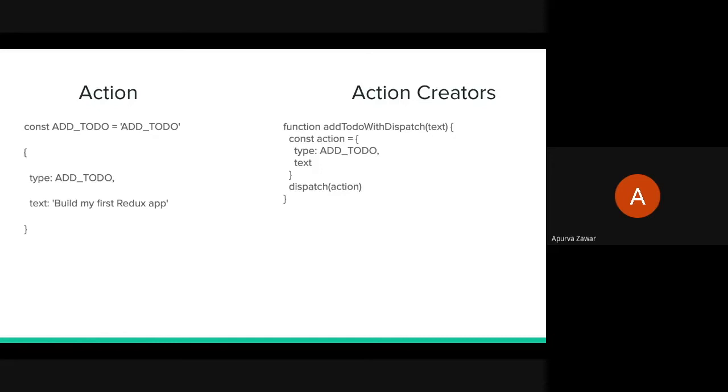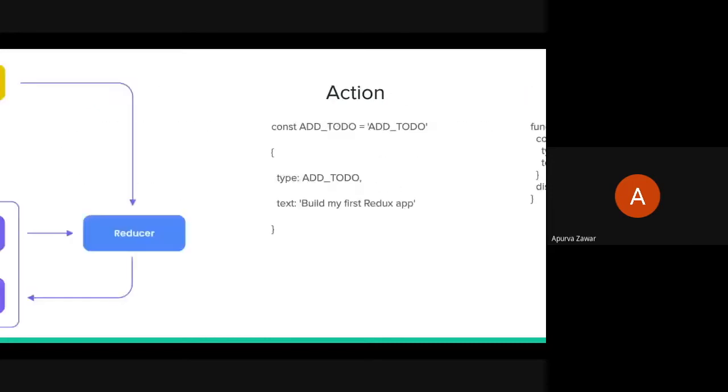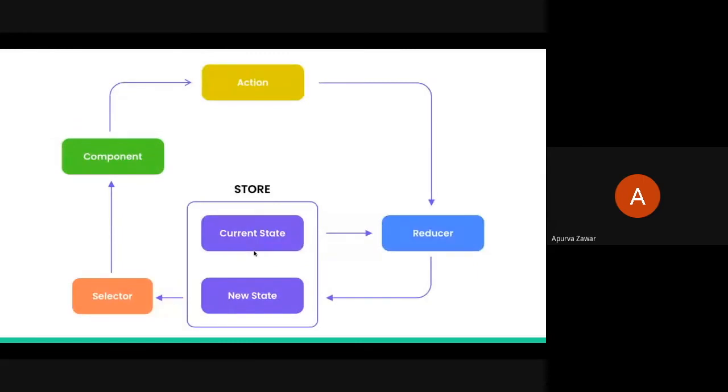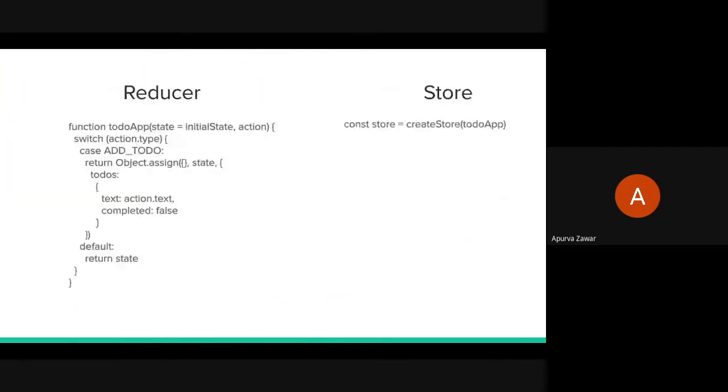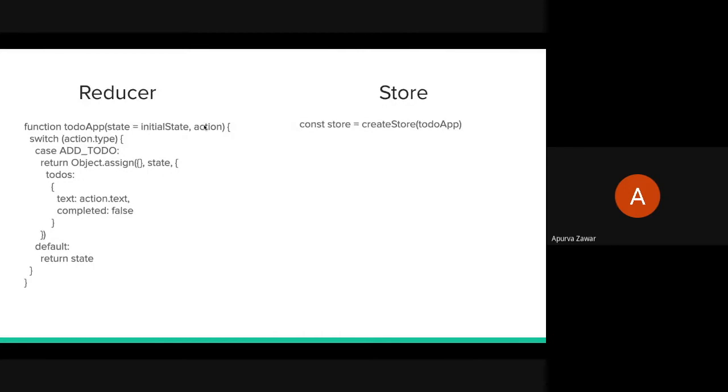The action has an input of the application, but consider it a button or something. If we have to change the state of a button, we'll dispatch an action, which is then given to the store. It is passed through the reducer. The reducer basically takes the current state, that is the initial state, and the action we have to perform on that.